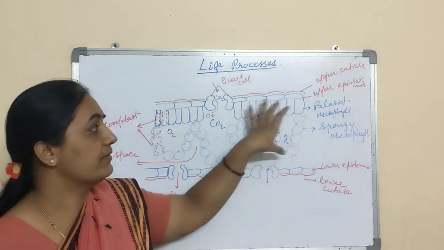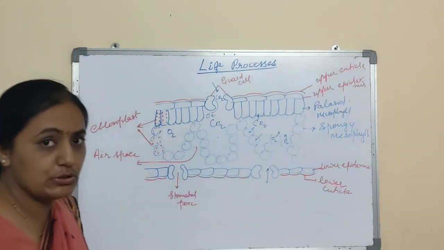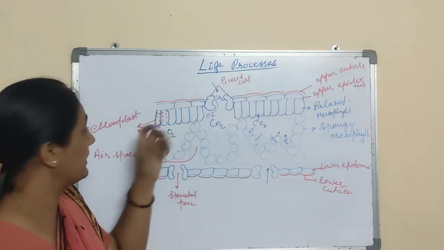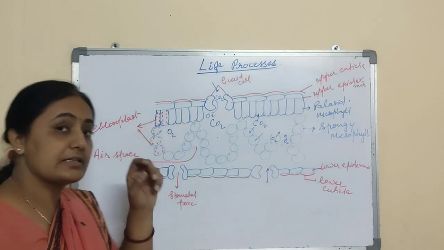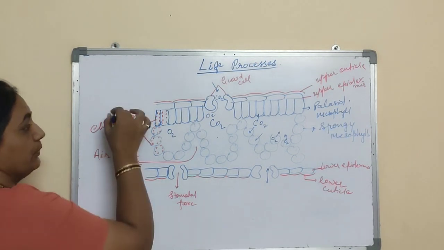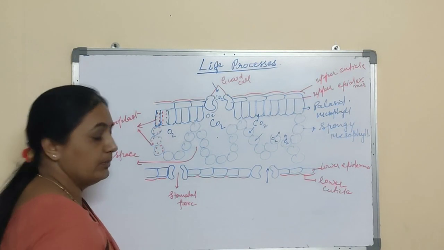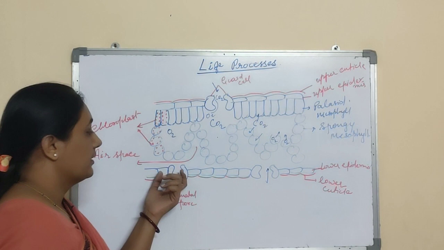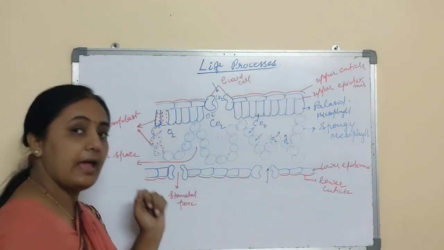The internal part is very crucial and important, made up of or filled with mesophyll cells, which might be spongy or palisade. And inside this mesophyll cell, chloroplast is there. So mesophyll cell or chloroplast is called the site of photosynthesis. The role of chloroplast is that it provides the site for photosynthesis. Air space is present which helps in accumulation of gases, that is CO2 and O2. Stomata help in the exchange of gases. During opening of stomata, gases can exchange.